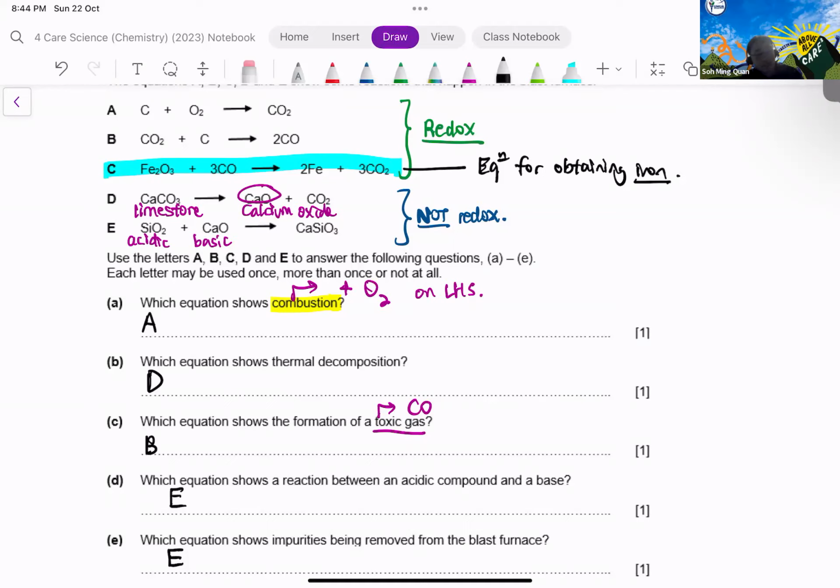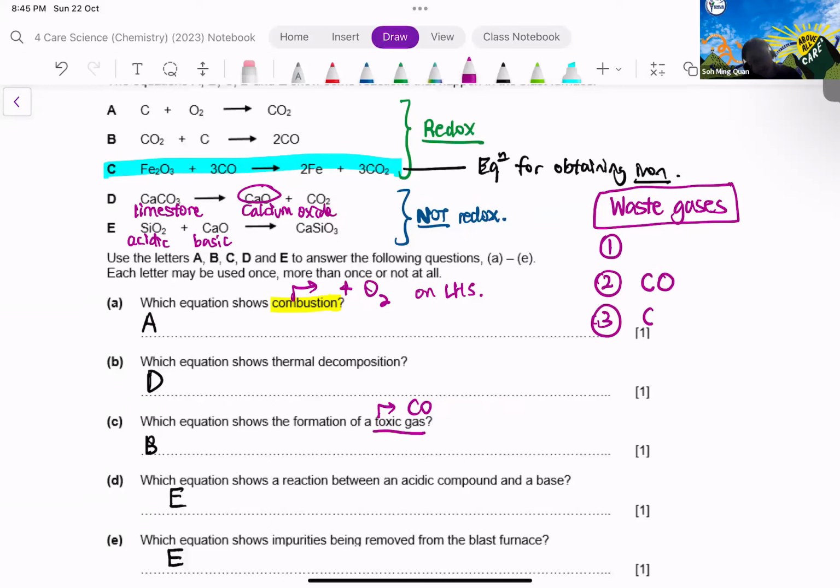All right, next thing you should take down now. I think yesterday we went through what are the waste gases from the blast furnace. There are 3 main waste gases from the blast furnace. 2 of them are carbon monoxide and carbon dioxide. However, the most important, the primary waste gas from the blast furnace is actually nitrogen. Nitrogen comes from the air and it's unreactive. So yesterday we went through this during the lesson. Nitrogen is the major component of air. And because air is blown into the blast furnace,